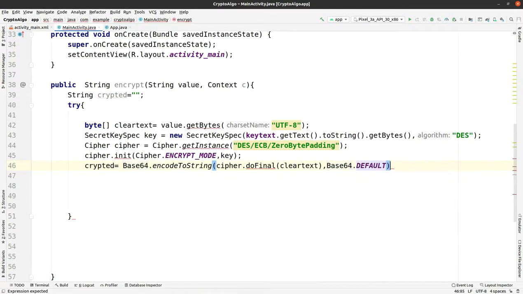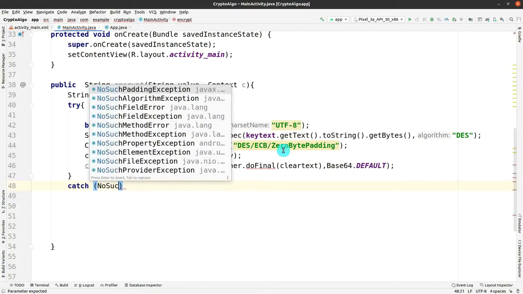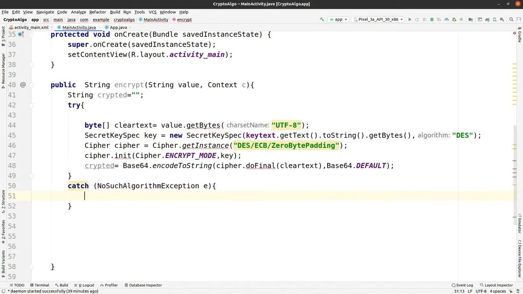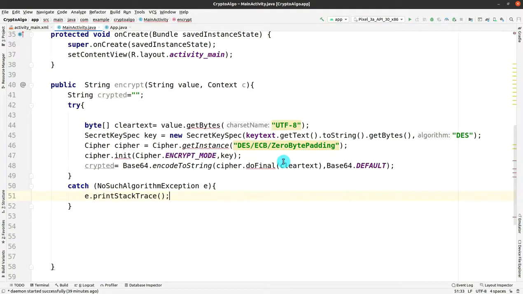So this try block is completed, and after that we have to make various catch statements for catching the exceptions related to the encryption algorithm. This is one of the catch statements, which takes NoSuchAlgorithmException.